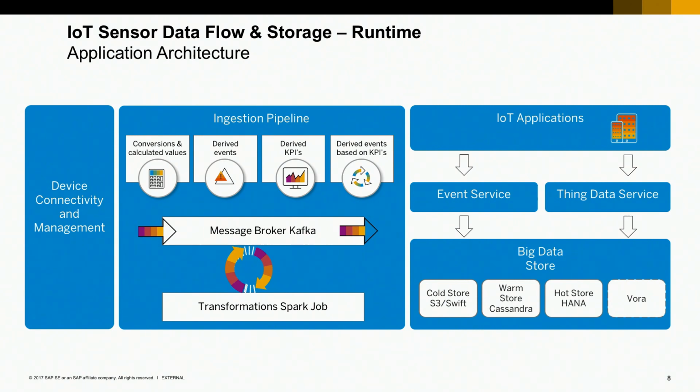Some of you might ask, why are there so many? Okay, Vora will be the future. We're working on SAP's own Vora. It will be replacing Cassandra, the so-called warm store. That's where the actual time series data gets into. It also gets into the cold store, which is S3 from Amazon or Swift. So time series data goes into the system